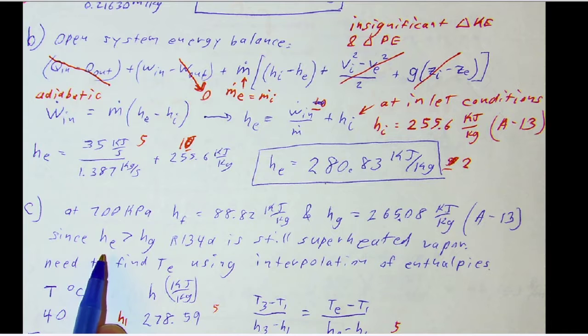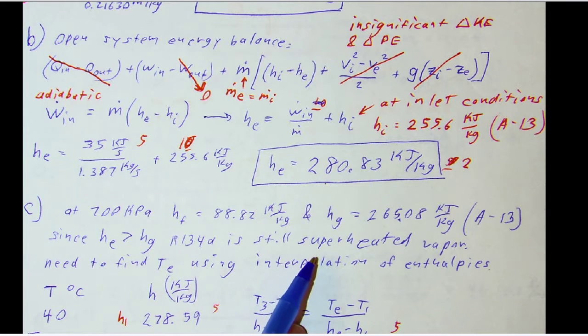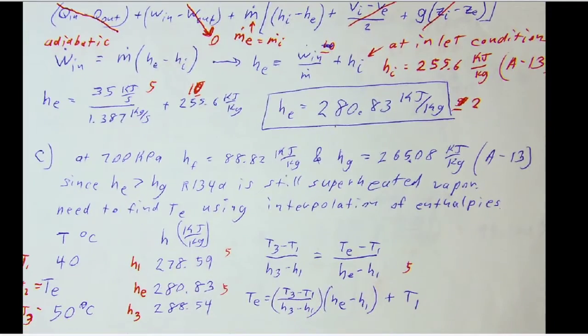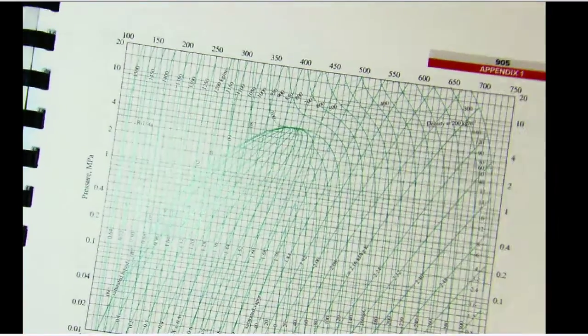So my exit enthalpy is greater than the vapor enthalpy at 700 kPa. So I'm still in the superheated vapor state. So I need to find my exit temperature using interpolation of the enthalpies from table A13. So what do I do? I go to table A13 and I go to the 700 kPa